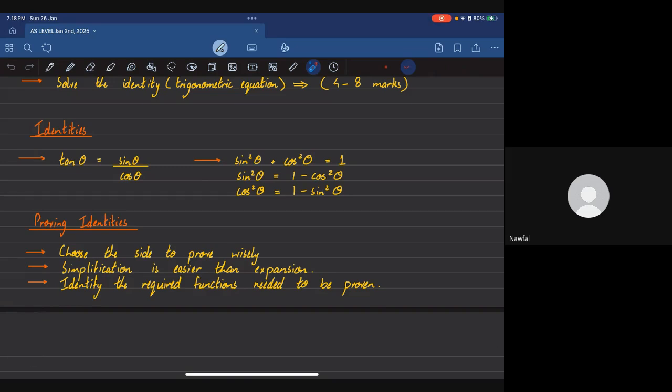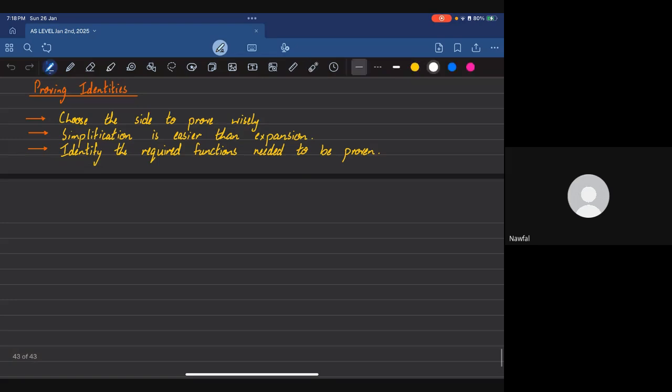I told you guys that you have to choose the side. That is extremely important. Secondly, simplification is always easier than expansion. And lastly, you need to identify the required functions needed to be proven. Now we're going to apply all of these statements to a question. The question states,